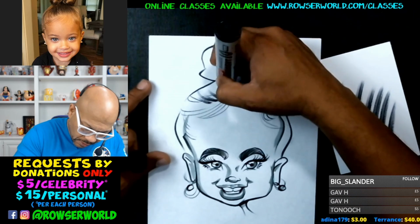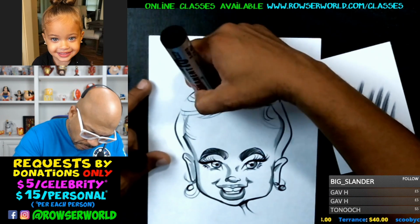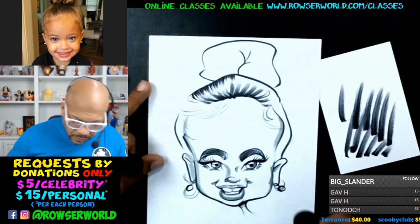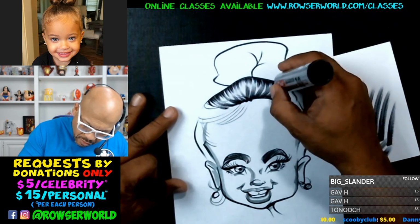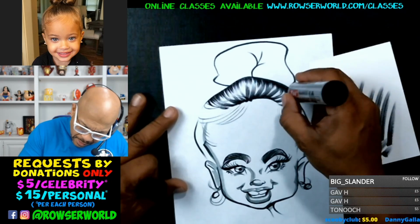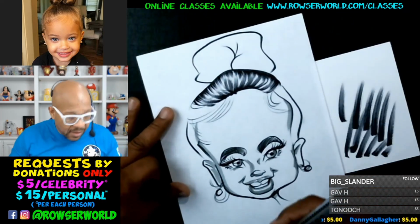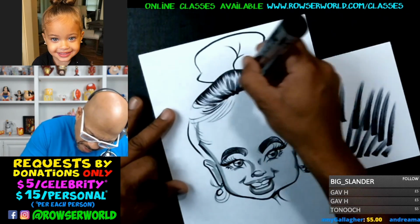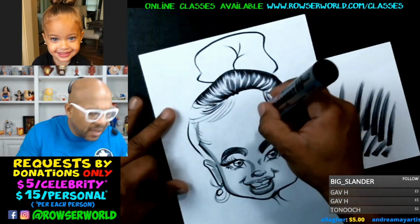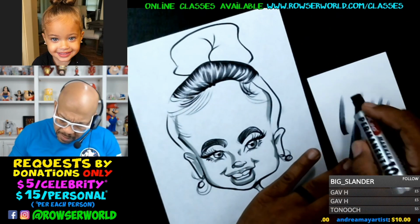Okay. So we're just coloring in the hair here, guys. This is Rowser's patented hair technique. Oh, this right here is all about how much pressure you apply. People ask me about thick and thin lines, and I tell them, well, if you think about it, this